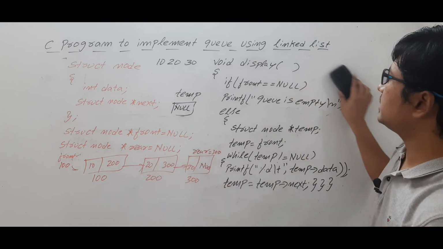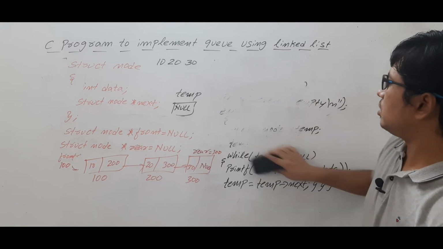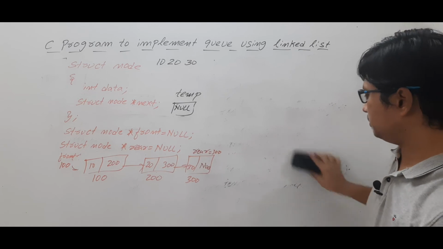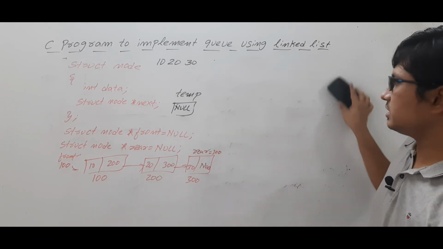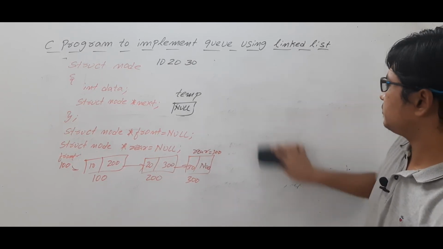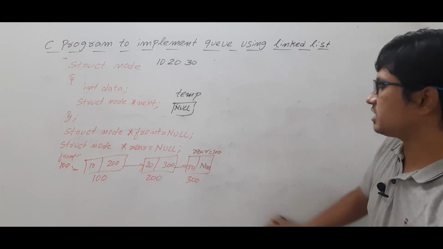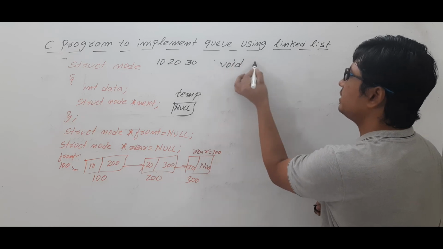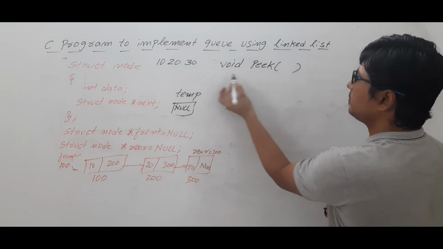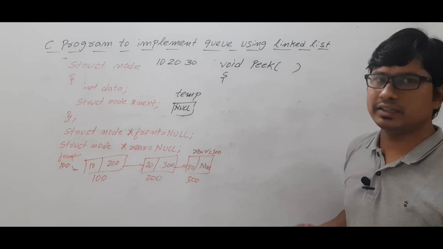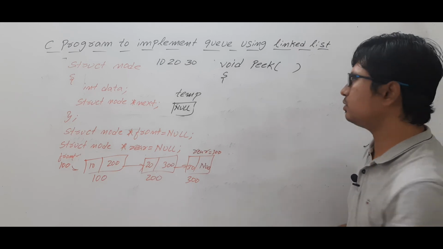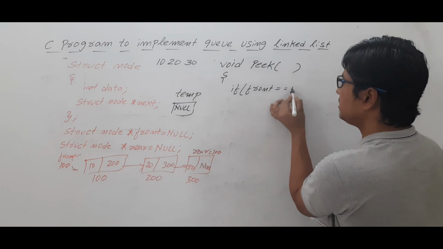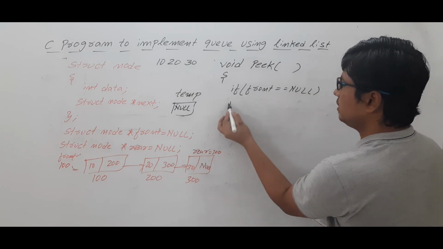Okay, now let me discuss the function called peek to display the topmost element or the front element in the queue. If it is a stack, we will say topmost element, whereas if it is a queue, we will say first element in the queue. So I will write void peek. Okay, if queue is empty, then will you have a topmost element? No. Or the front element? No. So you have to write if front is equal to null, printf